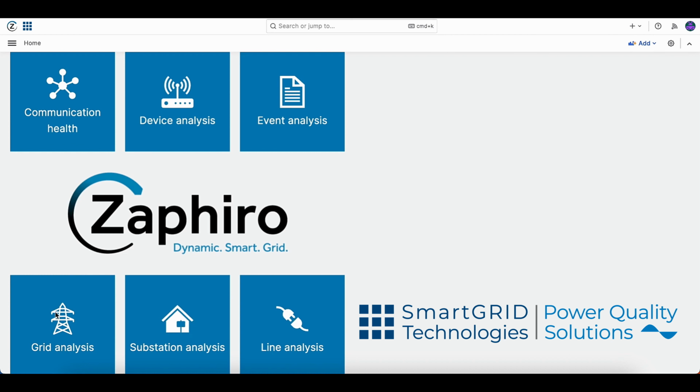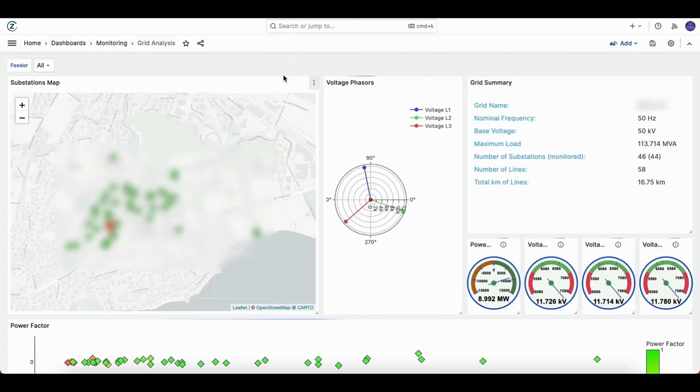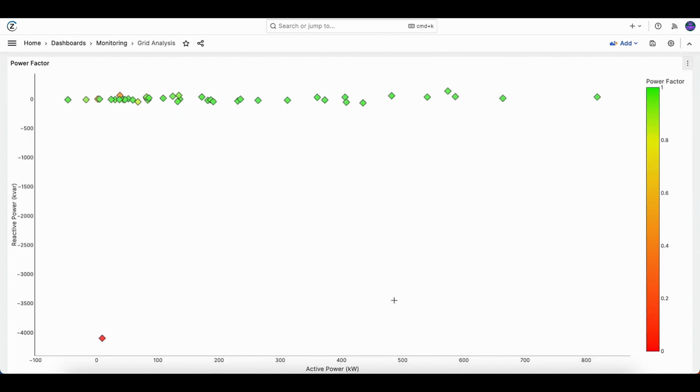First, let's go into the overview tab of the grid, where you can see the measurement location over a map, and on the right you see in real time the voltage and total power consumption of the grid, which is about 8.7 megawatts at the moment. Below you see also the active and reactive powers and the power factor of each substation. For example, you can see a substation with very low power factor because it is a special load absorbing mainly